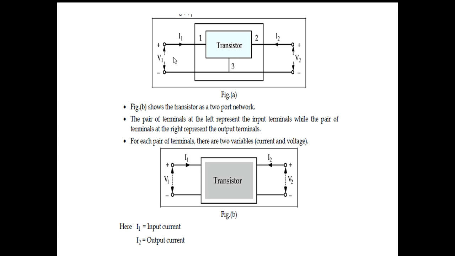Whatever input you are applying here is called the input voltage, taken as V1. By applying V1, current I1 flows through the input terminals. This input current may be amplified, depending on the amplifier circuit or the black box inside the network. Based on this network, an amplified version of the input signal may flow through the output terminals, which is I2. To measure this I2, we connect a resistor here. That is called the load. Across the load, we can measure the output.